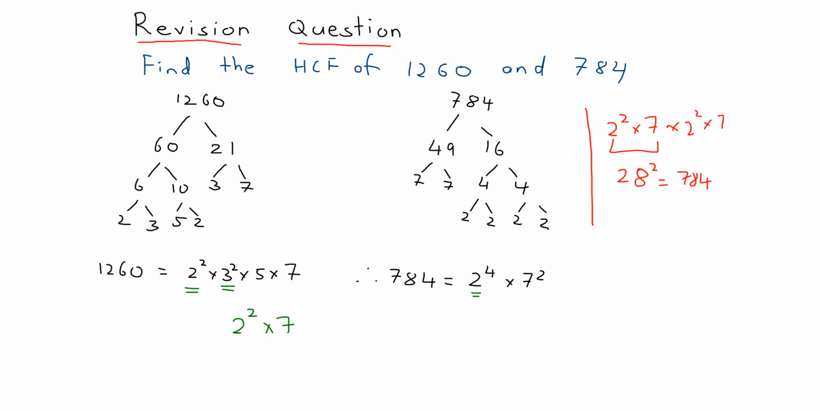If you're having trouble seeing why that is, watch me write it like this. I can write it as 2 squared times 7, and I'm doing the 1260 here, times 3 squared by 5. So I've written this is the part that the 784 has, and this is the part that it doesn't have. And then for my 784, I write it as 2 squared by 7,